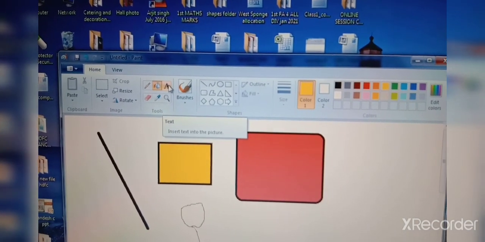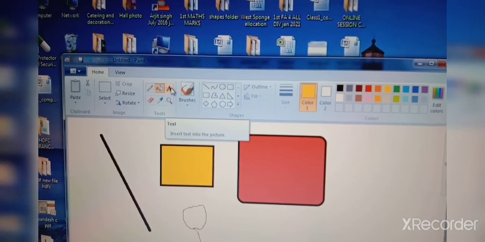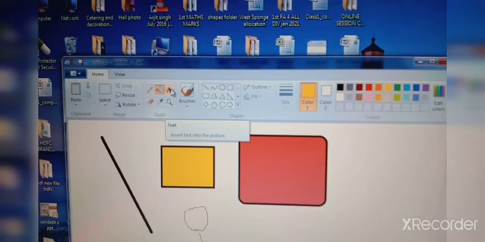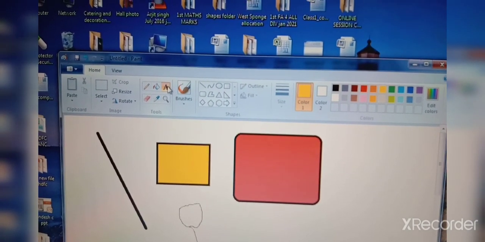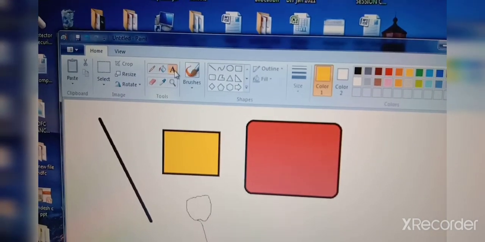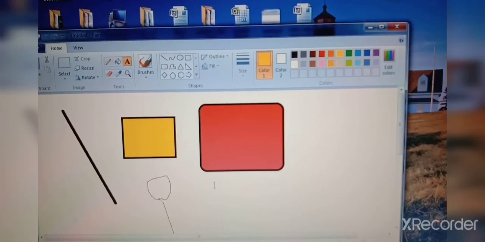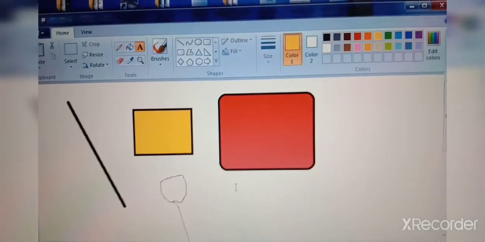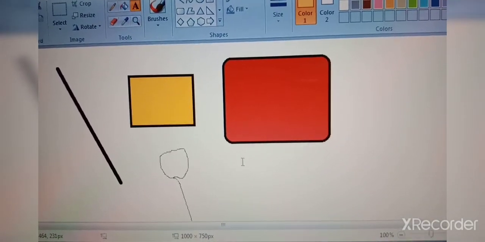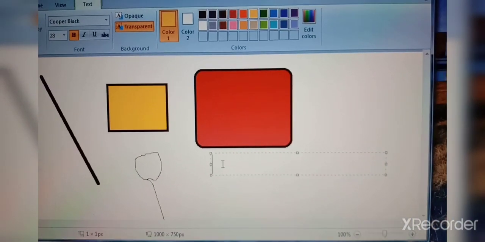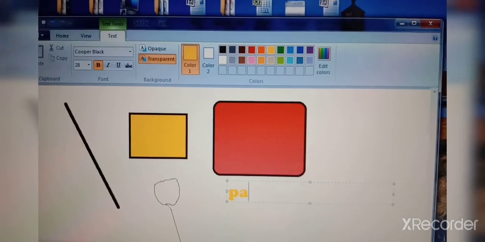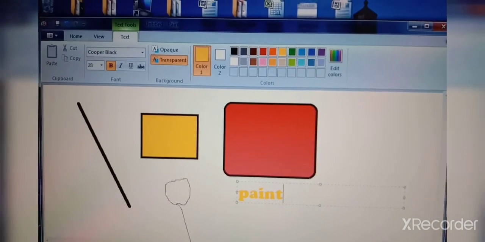Now we will see text tool, to type text in a drawing. How to type? Click on this A alphabet and click on the drawing area. Now your cursor you can see it's like an I standing line. Click here. You will get this box. In this box you type with the keyboard.